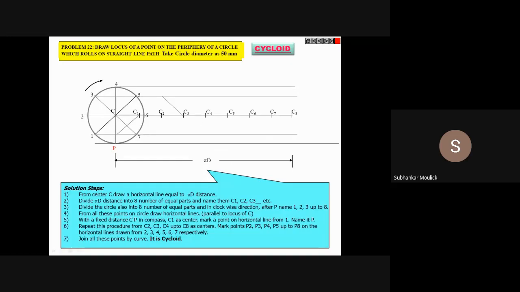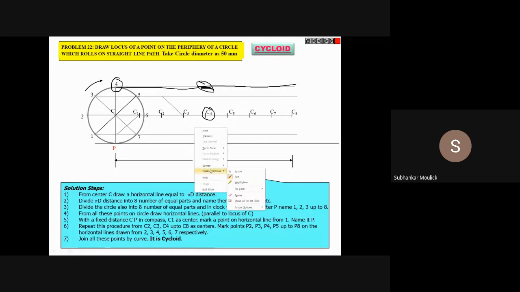Similarly, say I want to cut an arc for center point C4. This is center point C4. Identify the fourth point on the circle. This is the fourth line passing through this circle. Take the compass length equal to CP. Place the leg of your compass at center point C4. Cut an arc. This will be your locus point. Is it clear? Okay, sir.